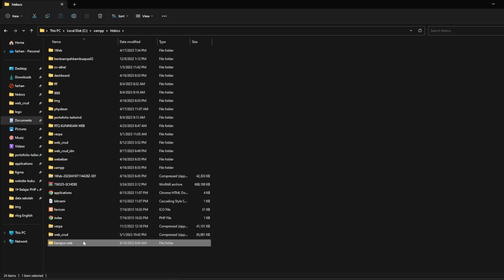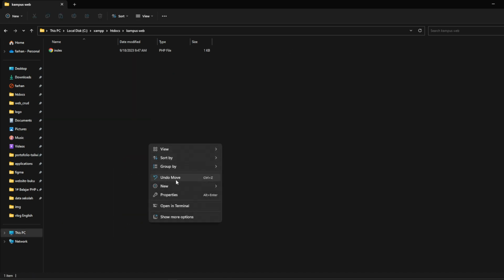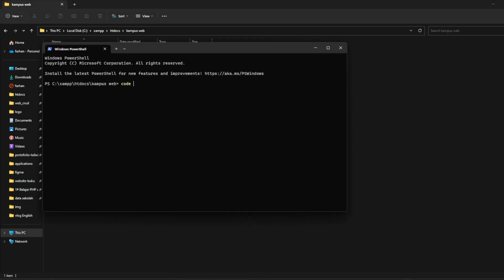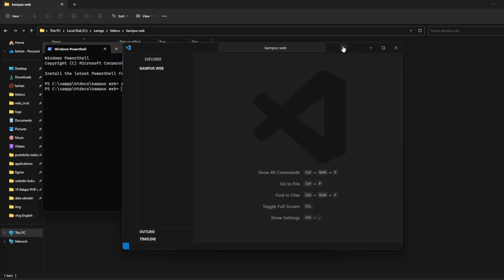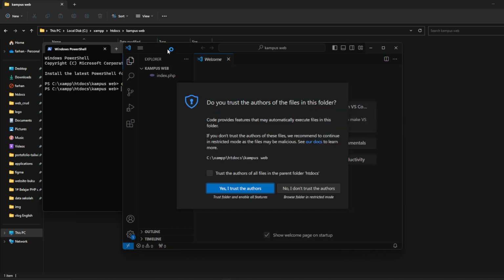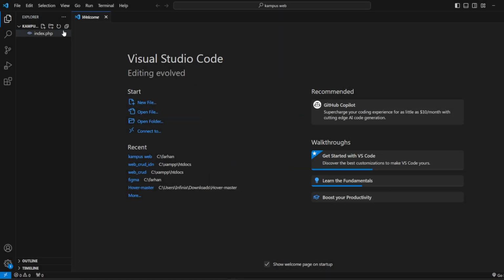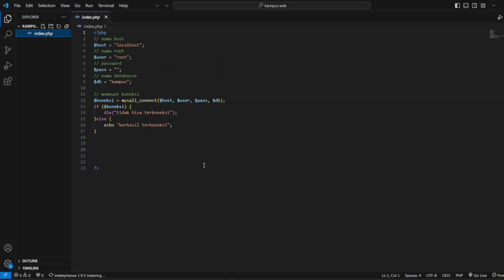Ctrl V. Okay, and open again. Open a terminal and code like this. Okay, sorry guys because I made a mistake.